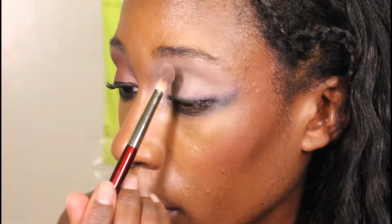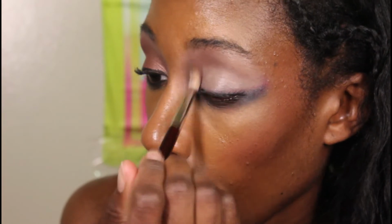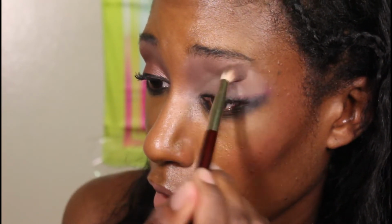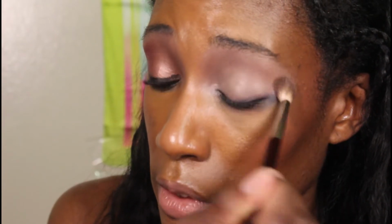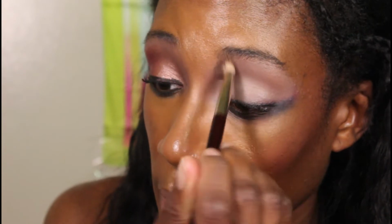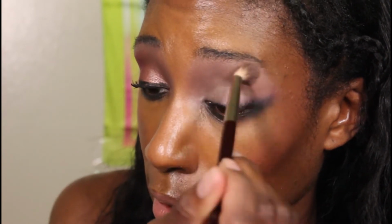So let's go ahead and put on the shade Nurture. As you can see, it looks pretty similar to the other side. It's supposed to be more of a nudie mauve shade, but to me this is just a more classic nudie taupe shade. But I guess with the other colors I have on, you can't really see the difference. At least I can't, and I put it on. It might have a slight bit of pinkish tone to it that this one does not have, because I've been noticing from swatching this palette against the other palette, the swatches I have on the back of my hand here,